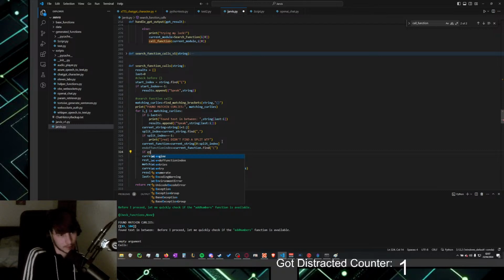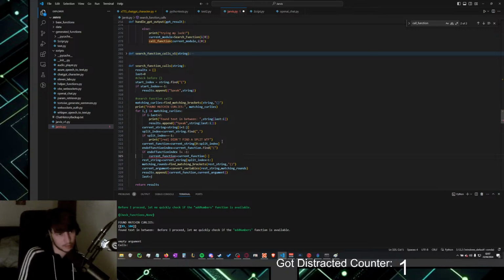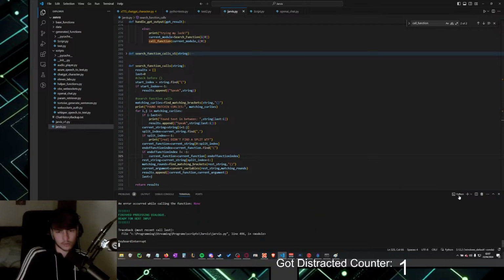If end of function index isn't -1, then do that. And otherwise just leave it be, because then it would work anyways. Nice. So that might work. Oh, it didn't crash though, so let's stop it and restart.